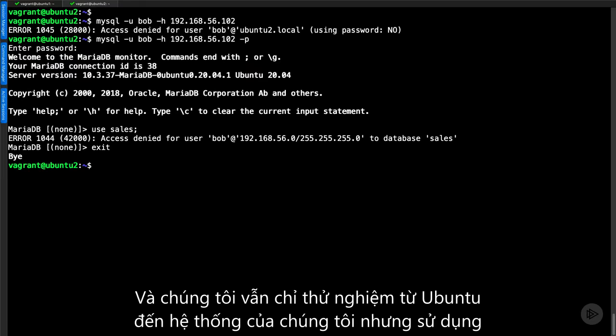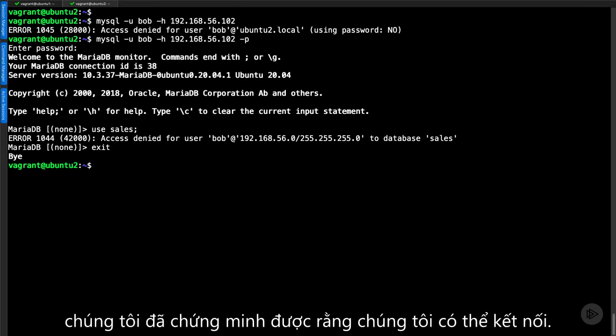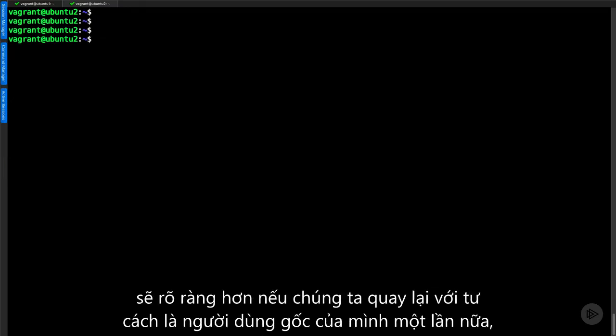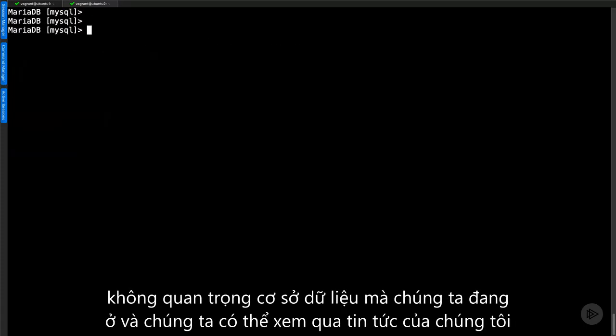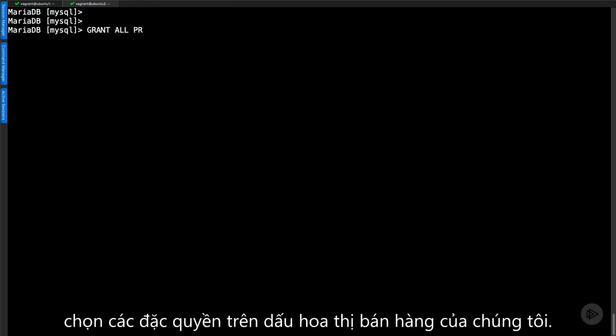And we've still only tested from our Ubuntu 2 system, but using the IP address of 56.102, we should be testing our network connectivity, and we have shown that we were able to connect. We can now go through and clear my screen just so it's a little bit more visible. If we go back in as our root user, again, it doesn't matter the database that we are in, and we can go through and use our grant to give permissions, all, or we could choose a specific permission, such as select privileges